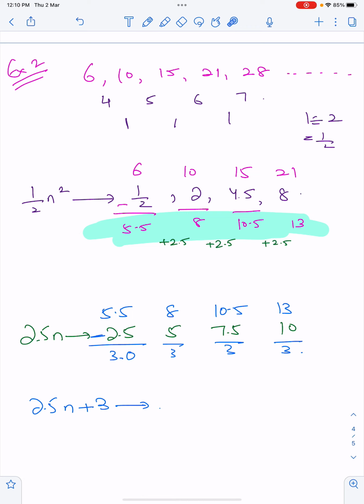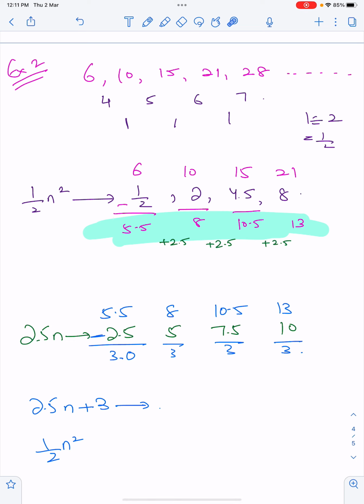Let's check whether it's correct for the linear sequence or not. When you put 1 in place of n and add 3, you should get the first term. 2.5 times 1 is 2.5, plus 3 is 5.5. Very good. 2.5 times 2 is 5, plus 3 is 8. So that's correct. So to get the quadratic sequence, you just have to take the quadratic part,